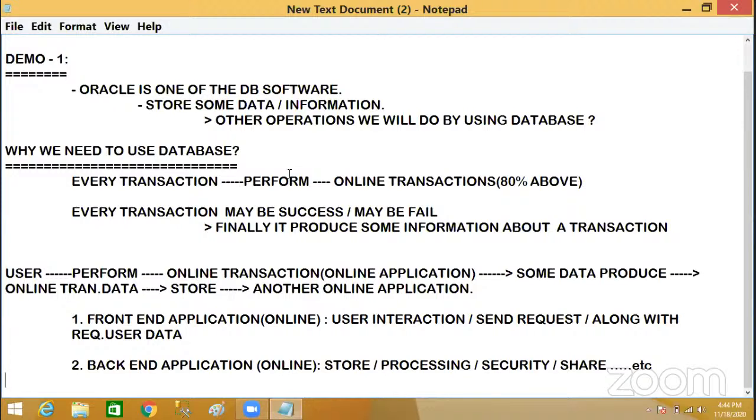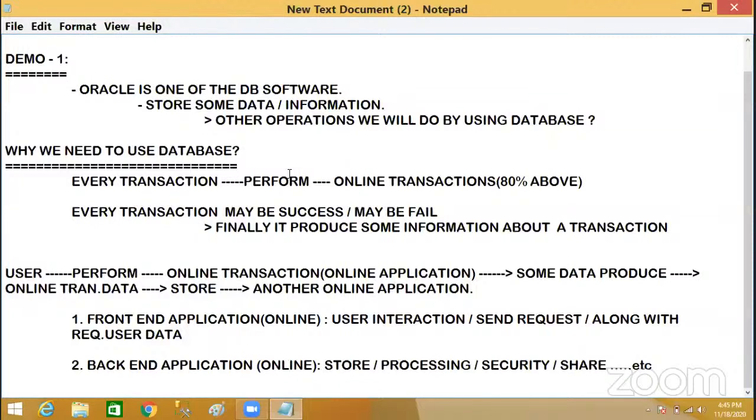Where do you want to store the order details of those lakhs of customers: which customer ordered which product, on which day, at what time, what quantity, which brand?